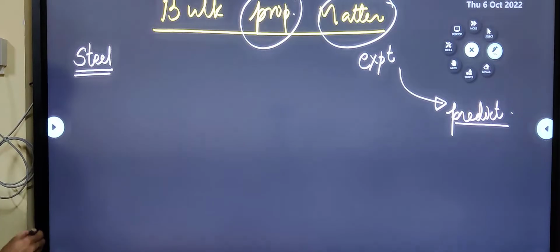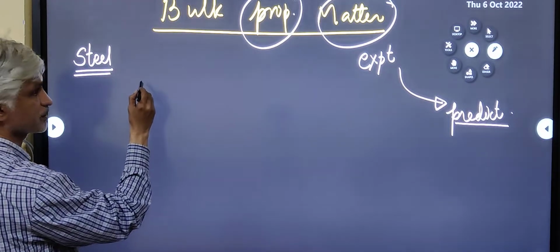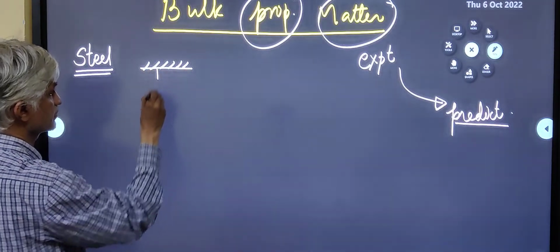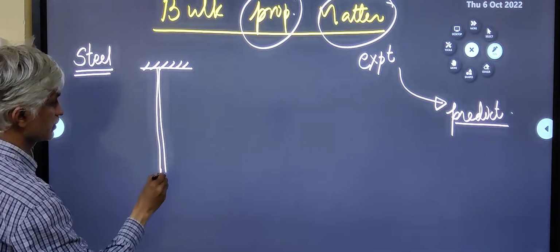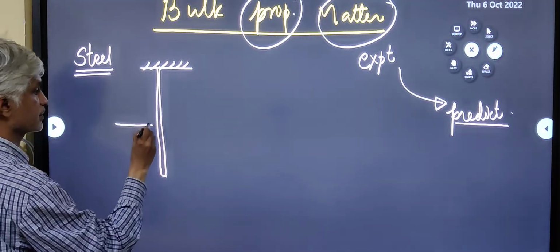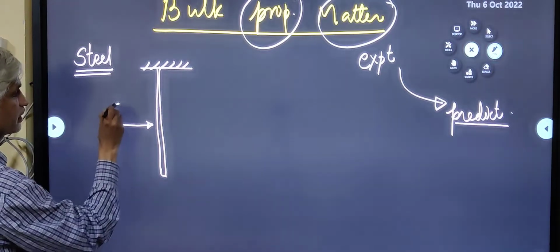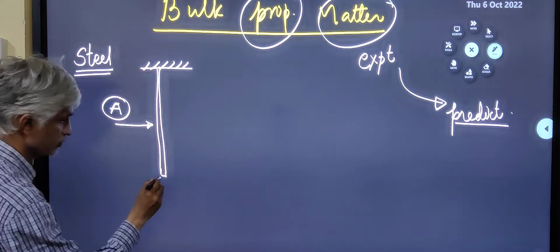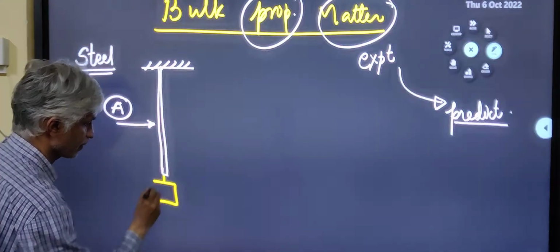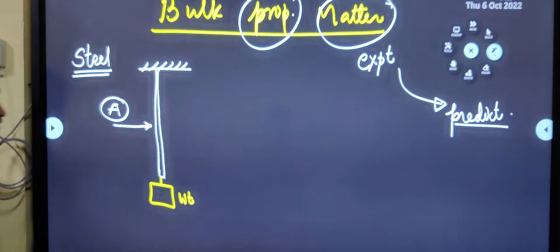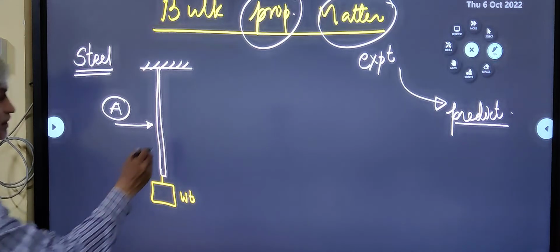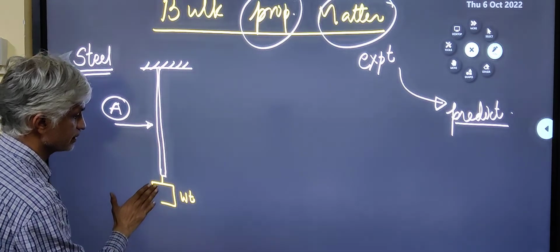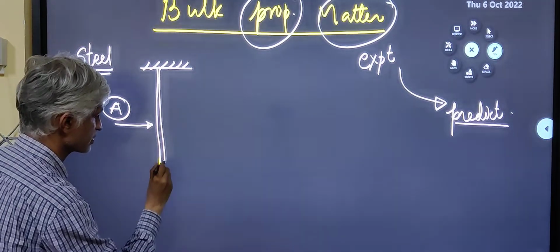or any metal. So typically the experiment is performed in the following way. You hang up a steel wire, and it is understood that the cross-sectional area of the wire is well known and accurately measured. Then you hang a weight here, and what will happen? So what will happen is that this wire will slightly deform, and if this was the